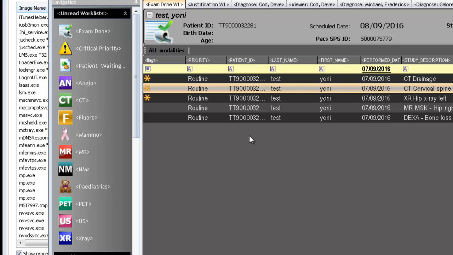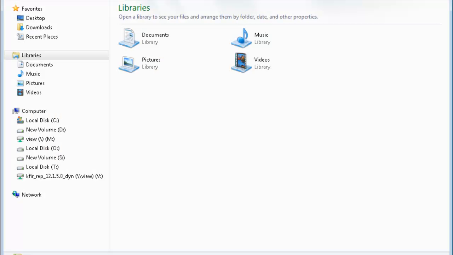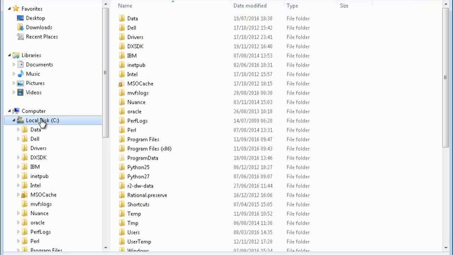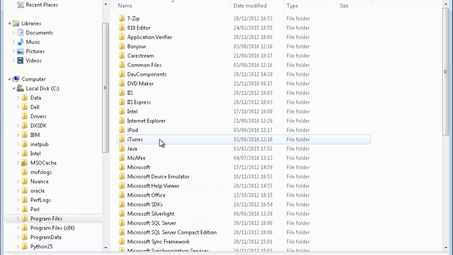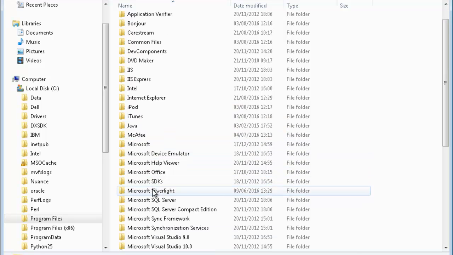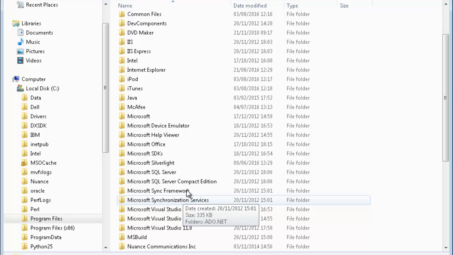So it's not relevant for the integration feature. Of course, the user still has the option to go to the file system and run the PAX session from the program files. It will, of course, not be integrated, but now users have fewer reasons to do that